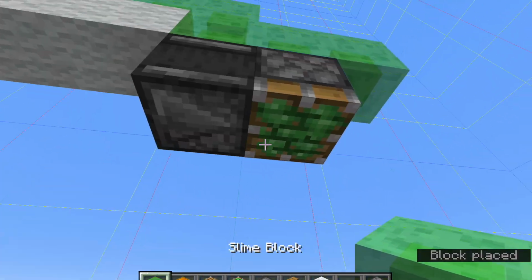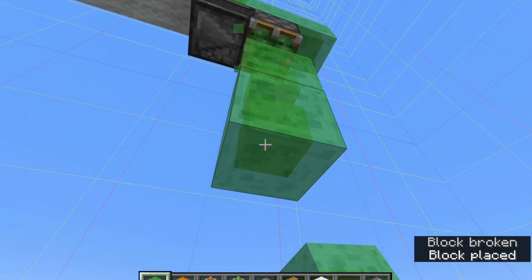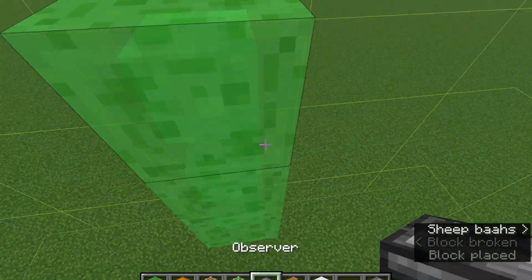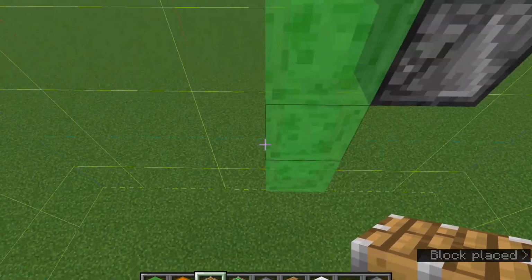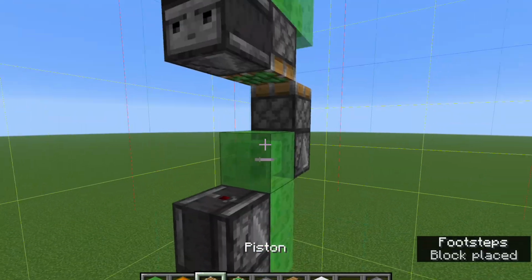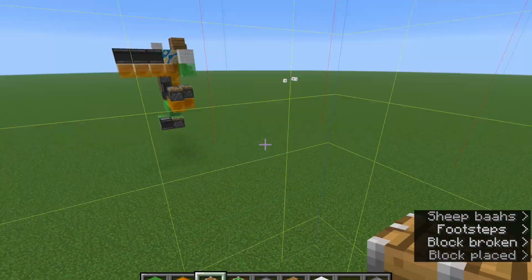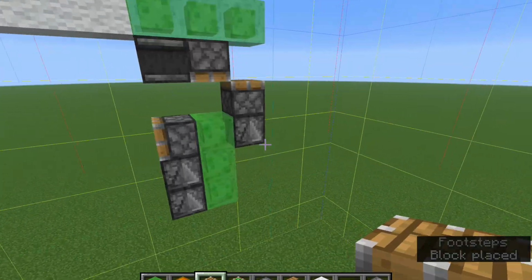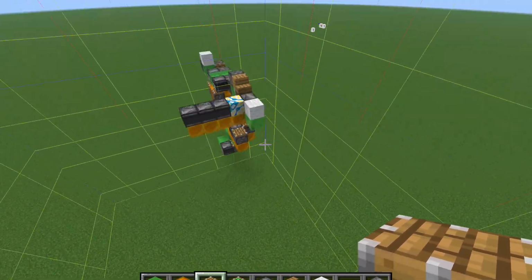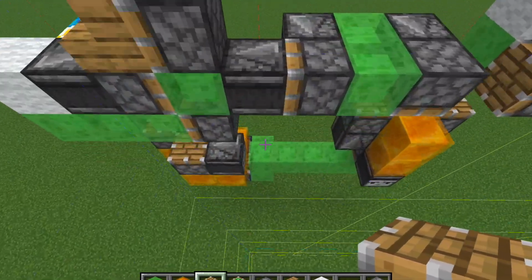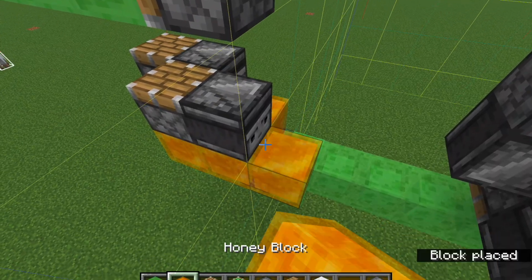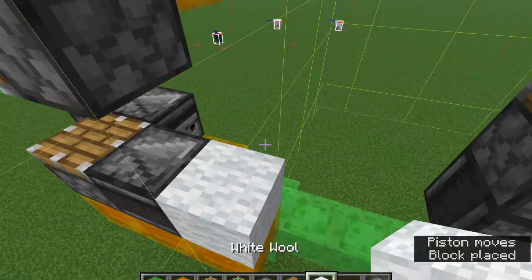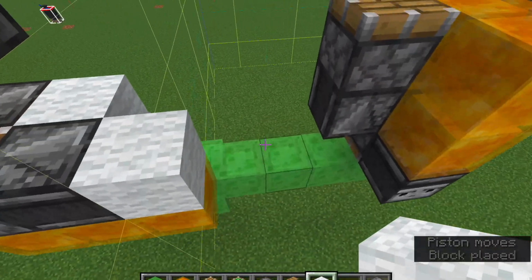A piston will pull up a little segment, and then the entire thing will move upwards. So it will just move up 1 block because of this. This will both stop it from moving up a 2nd block and push our flying machine back the other way. So now that is the entirety of the thing we're building. I am going to add a wool block here and here